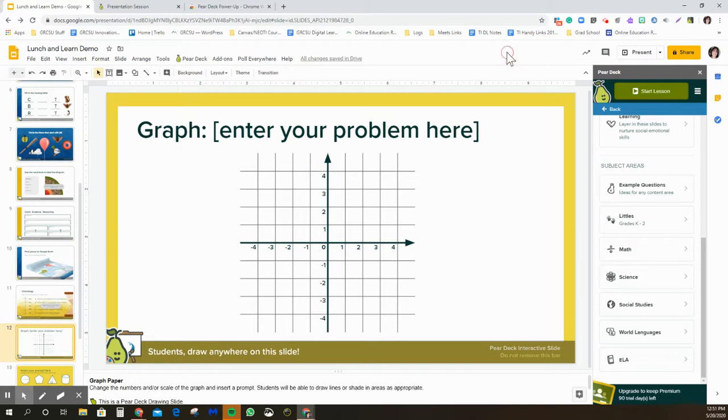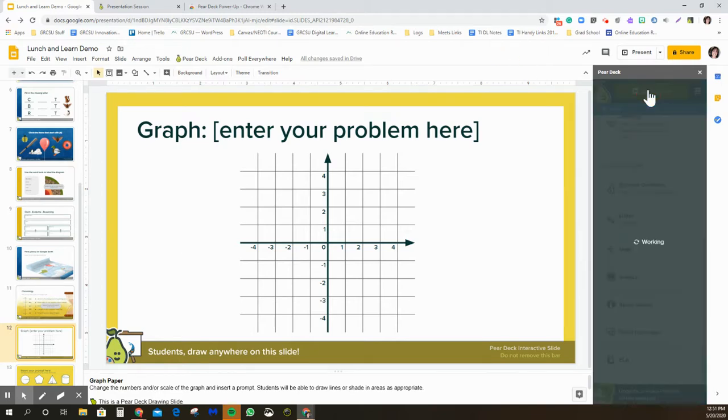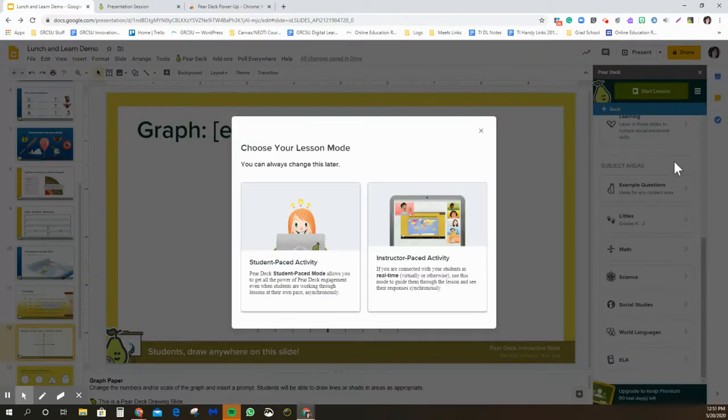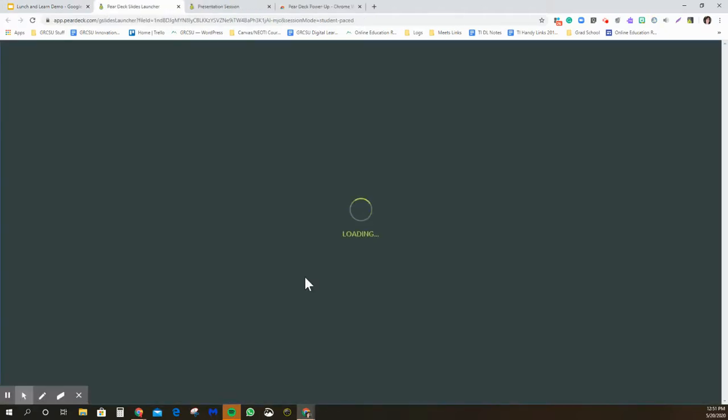Okay, so now let's say I have my thing, it's built. I hit start lesson, and it asks me if I want to do a student-paced activity. So this is really, really good for the asynchronous learning environment. You can click that, and if I click that, it opens it up